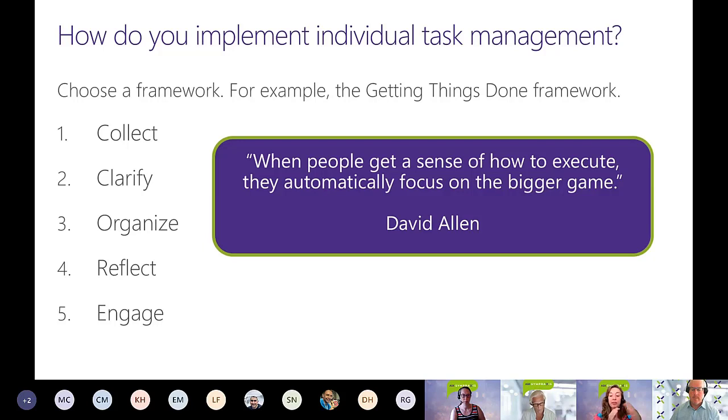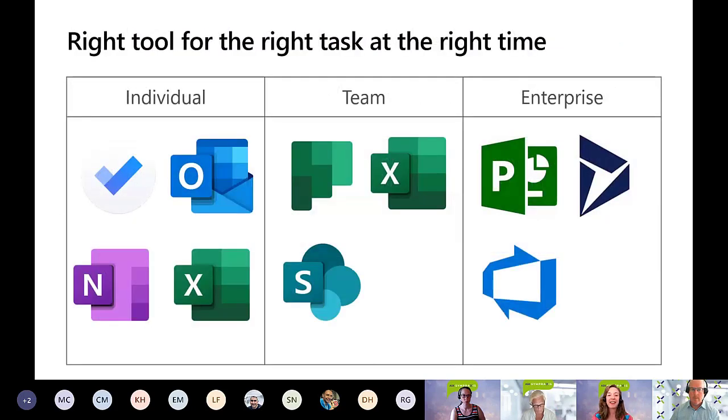So thinking about individual and team task management, let's hop over to the right tool for the right task at the right time. So as we saw in that initial slide across Microsoft, there's a couple different areas and there's some overlap. Some of the most powerful tools that we found at Simpraxis are within To-Do and Outlook. Those both support the transparency of your tasks across teams if you want to share them, gives you the ability to organize and collect them.